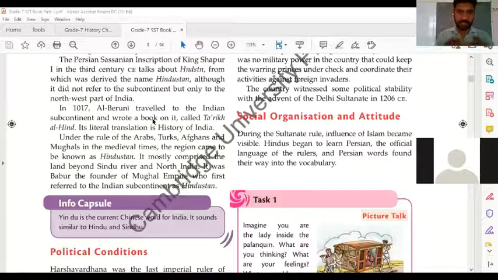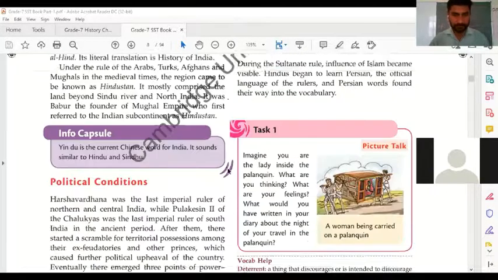So under the rule of the Arabs, Turks, Afghans and Mughals in the medieval times, the region came to be known as Hindustan. It mostly comprised the land beyond Sindhu River and North India. It was Babur, the founder of Mughal Empire, who first referred to the Indian subcontinent as Hindustan. मुगल एम्परर बाबर पहला ऐसा इंसान था जिसने इंडिया को हिंदुस्तान के नाम से अपनी बुक के अंदर एंटर किया।